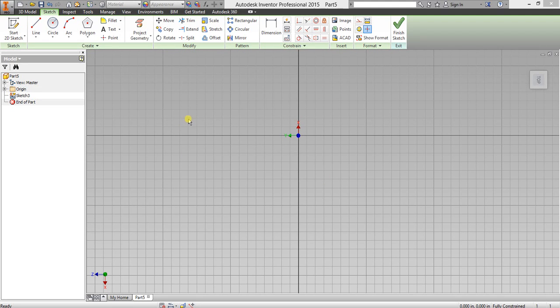Hello friends, in this video we will discuss how to use constraint. Constraints are restrictions that can be applied to sketches so that they won't change and will behave according to the way you want. Some of the basic constraints which we are going to show you are the parallel constraint that will